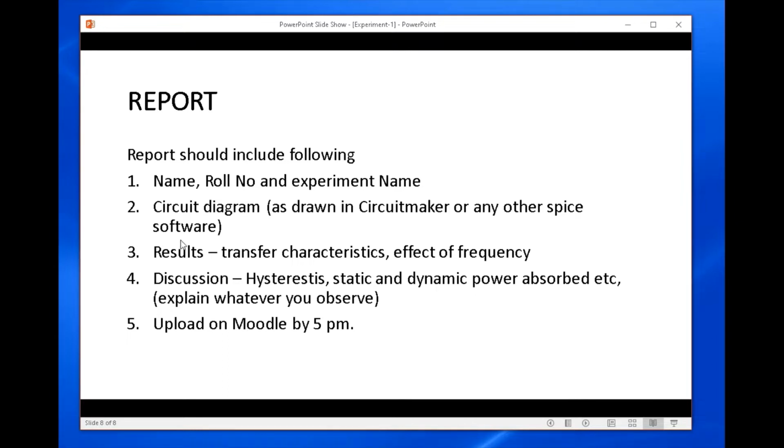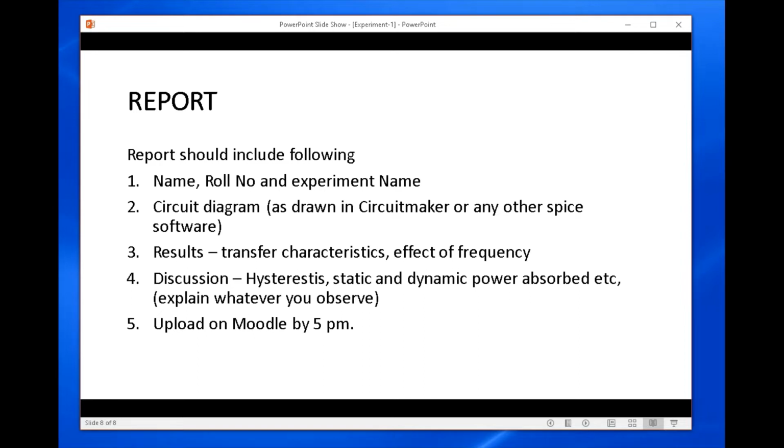Then you write the results, the transfer characteristic, and how it varies with frequency. Then whatever you have observed, you can discuss that. You can explain the hysteresis. You can explain different power losses, static power loss and dynamic power loss.